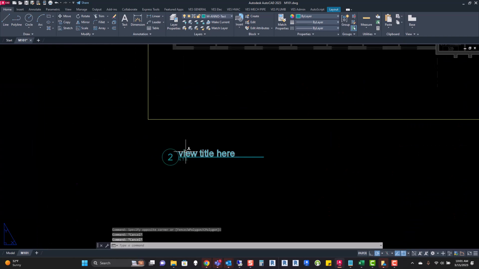This is a view title. I can do the same thing. Say I want to change this number from 2 to 1. Rather than going through the dialog box, I can just control double click and go through there. Here I got to change this to caps. It's a lot faster. Well, it's faster if I actually have my caps lock